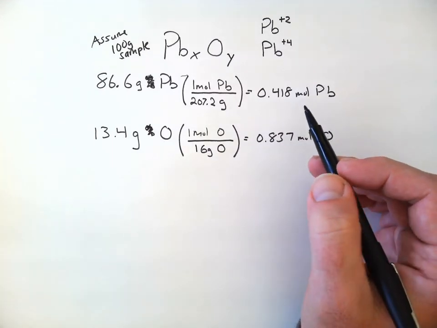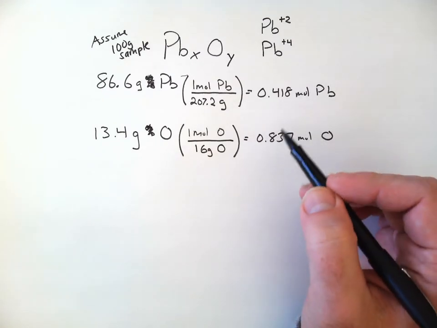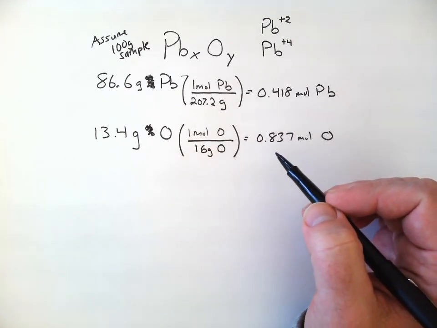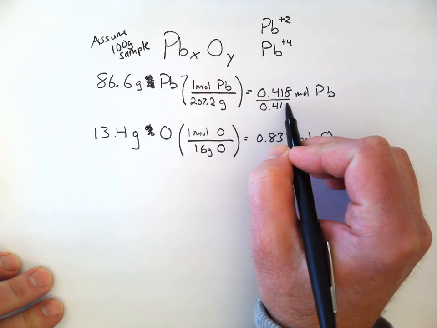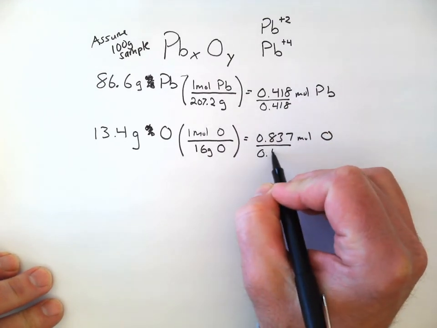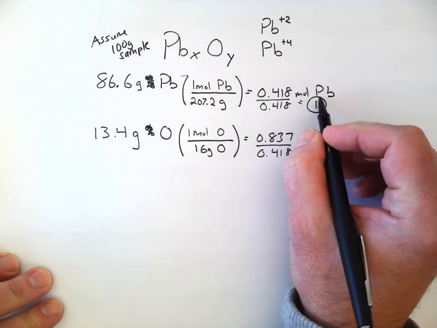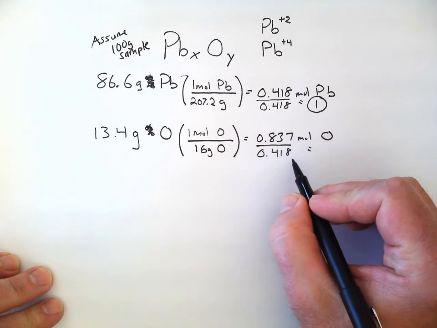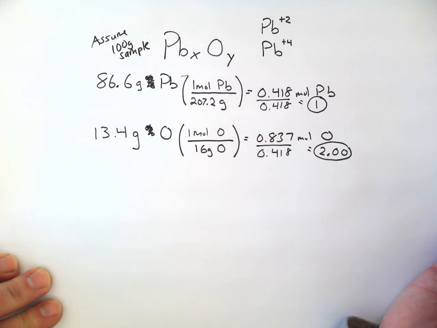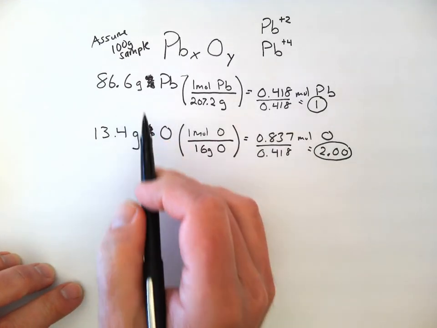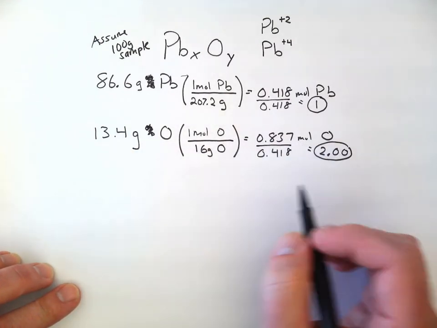The third step is to divide these by the smaller one of the two. We want to make sure that these decimals get translated into whole number ratios. The easiest way to do that is to find the smallest answer, divide it by itself, and divide the other one by that number as well. This automatically becomes a 1, and when I calculate this divided by this, I get 2, and my calculator says it's pretty exact, 2.00. So suddenly, these very random, ugly looking numbers over here have been simplified into a simple 1:2 ratio,